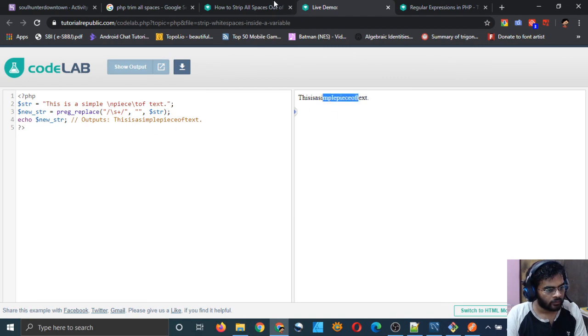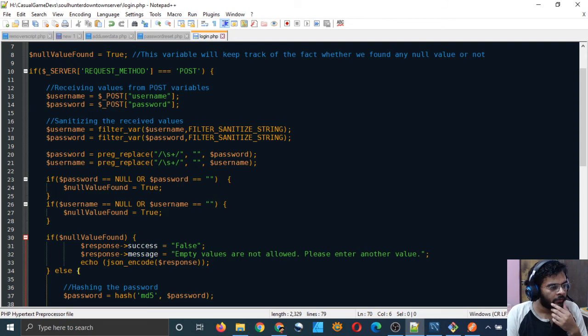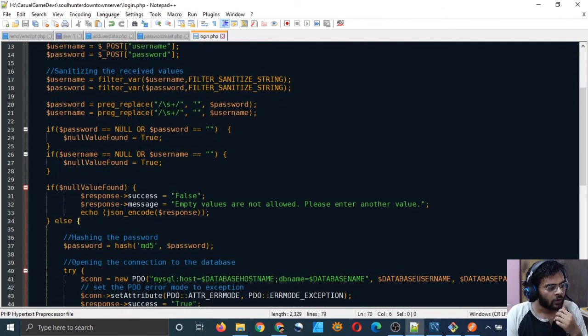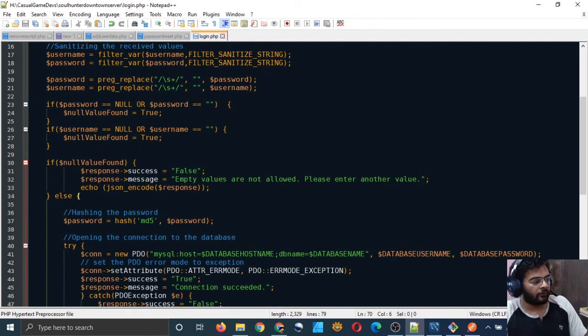Oh yeah, so this script is working fine, but why is it not showing me the response? Oh, we are not setting null value found to false anywhere.